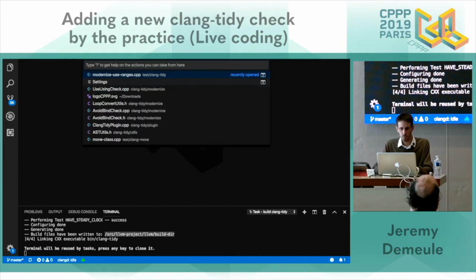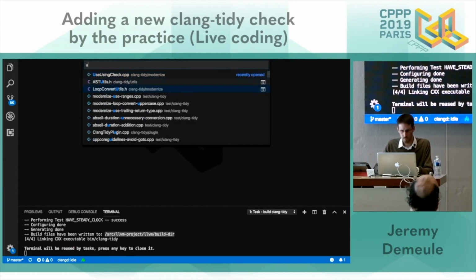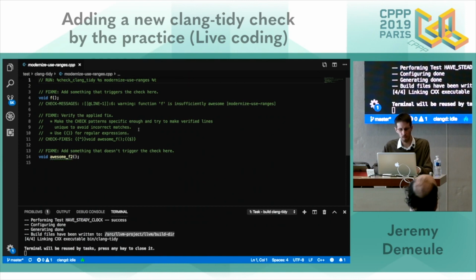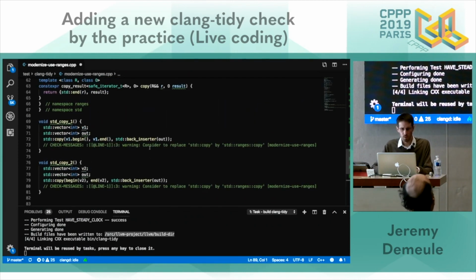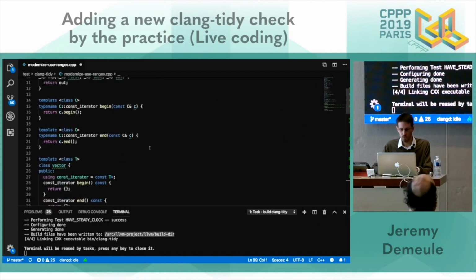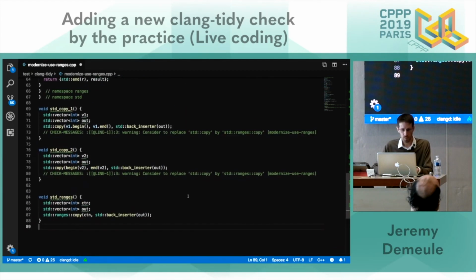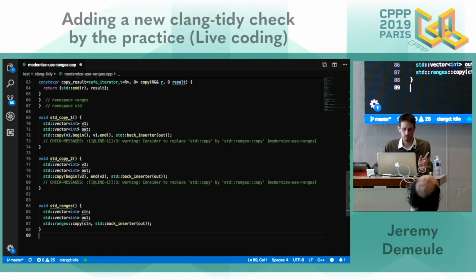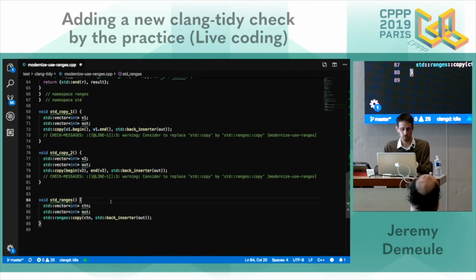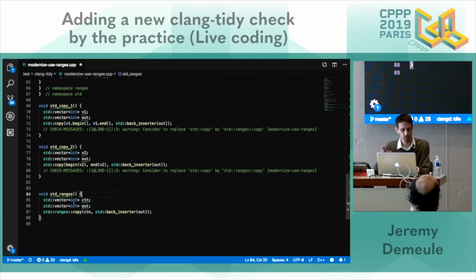And I will open the test file. Inside the test file, I put some very limited STL. And I have three tests. One, to check I'm able to convert this kind of call. The second one for a different kind of call using begin as a free function instead of member functions. And I put a negative test, as an already range-based copy should not be transformed.